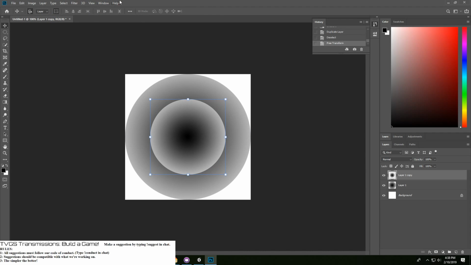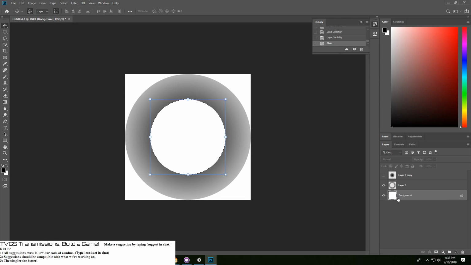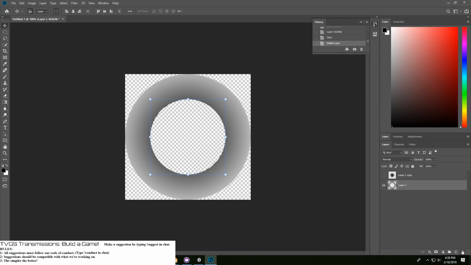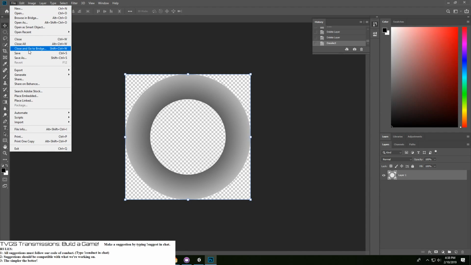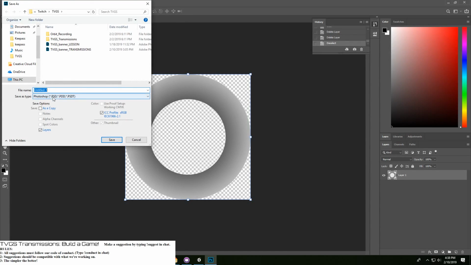Yeah, that looks good. Cool. And then I can select that, hide that, and then go here, deselect that, throw this background away, and we got our nice fancy dancy sonar system. And I can save that and just throw it in as a PNG.